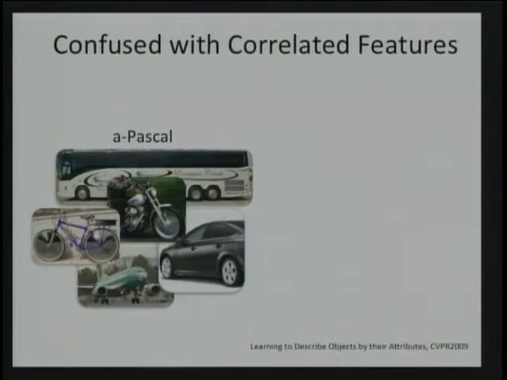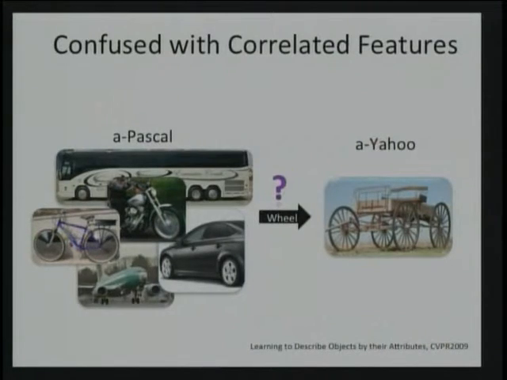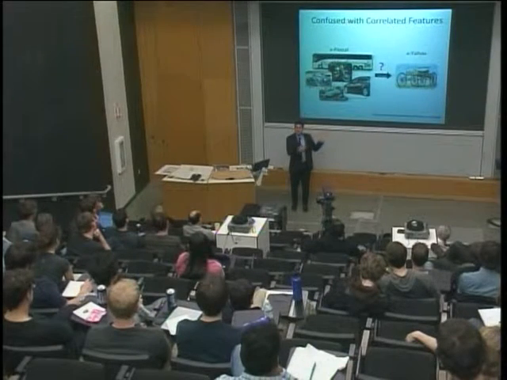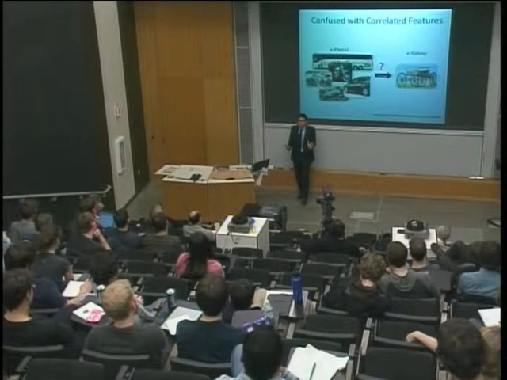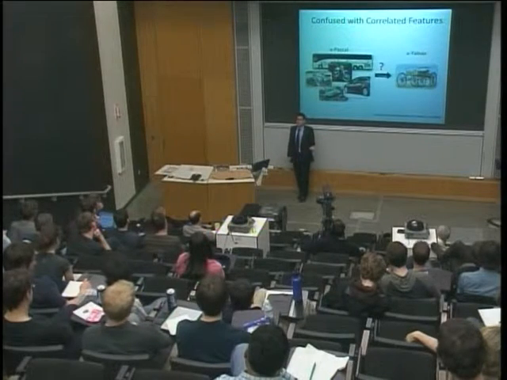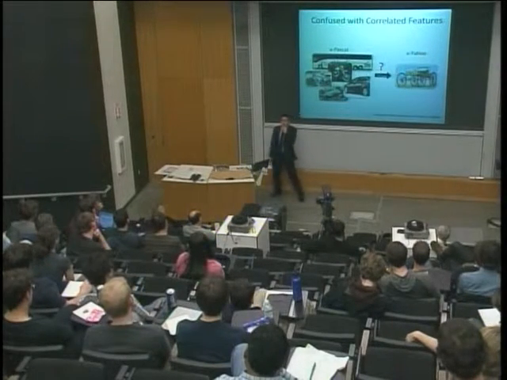So benefiting from correlations is a good thing. In machine learning, we always like to benefit from those. But those correlations are not universal, and when I want to study this cross-category type of generalization, going to a new data set, going to new sets of categories, those correlations do not hold. And if I rely on those, this is what happens. When I take that classifier and test it on the Yahoo dataset, which happens to have examples of carriages, they clearly have wheel. It's right there. But there's just no metallic stuff around them. It fails miserably.